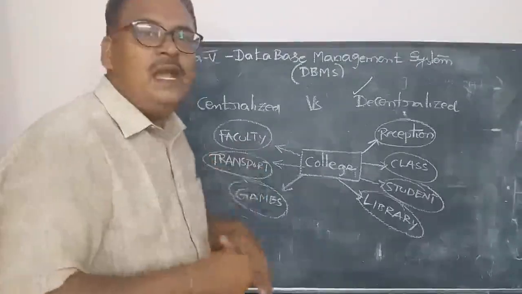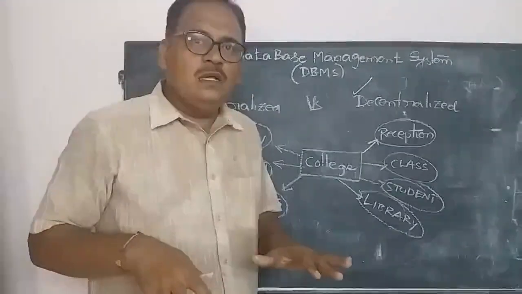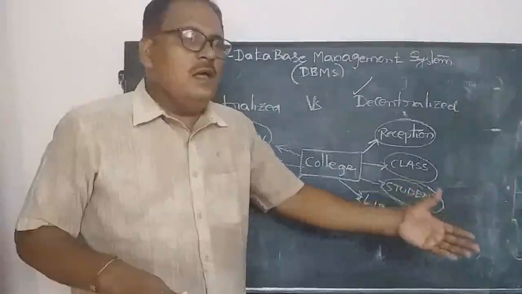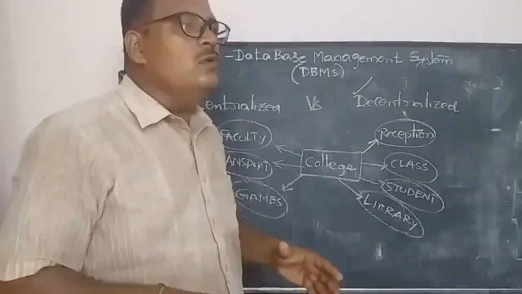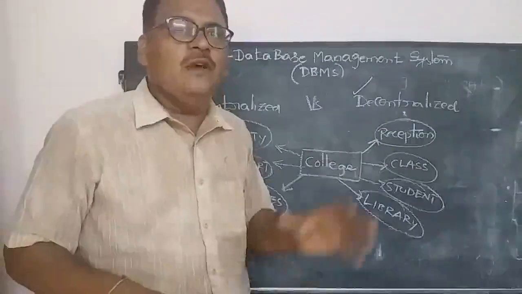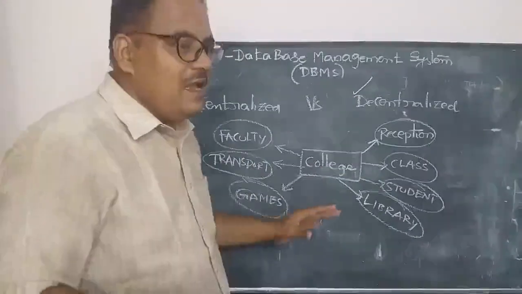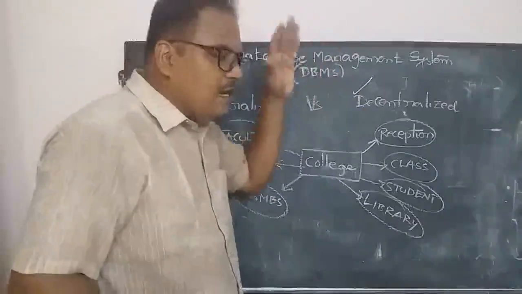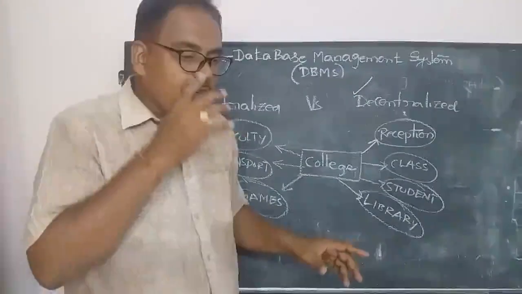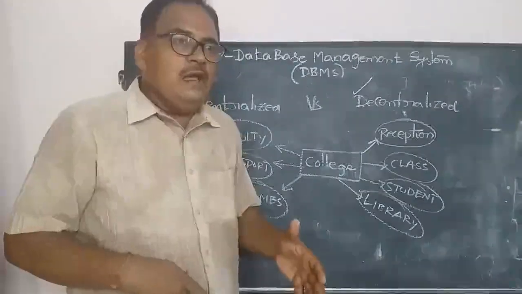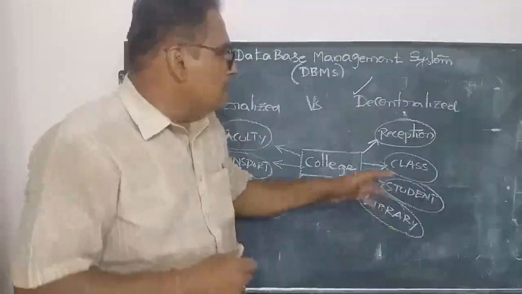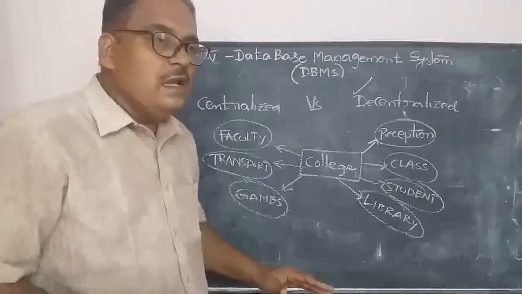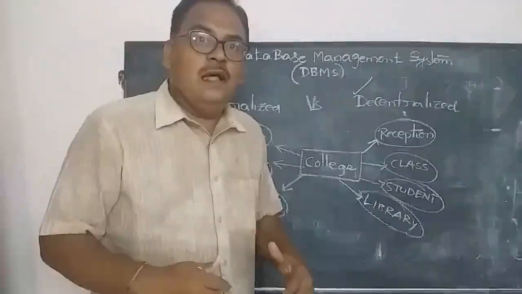So each entity maintains its own data. They do not interfere in others' data. That's why if any person visits the college, he has to visit a particular entity to get the information of that entity. So this is decentralization. Data is decentralized at particular entities. So the drawbacks of decentralization: the first drawback is that data cannot be obtained from any particular entity, and the second is that duplicated data may be entered.